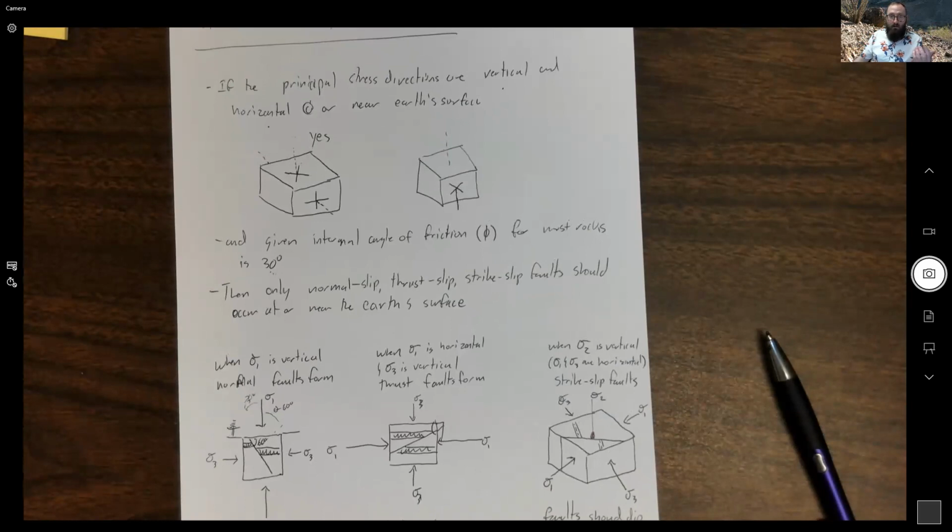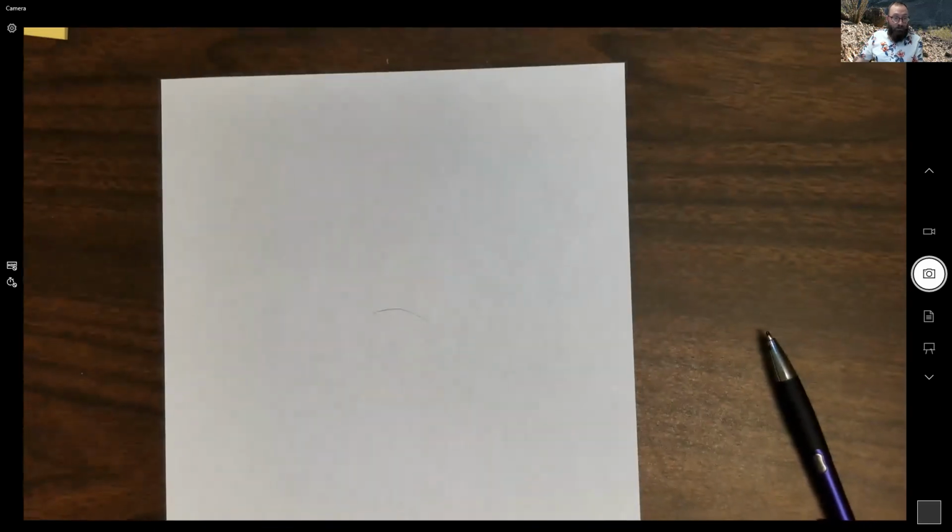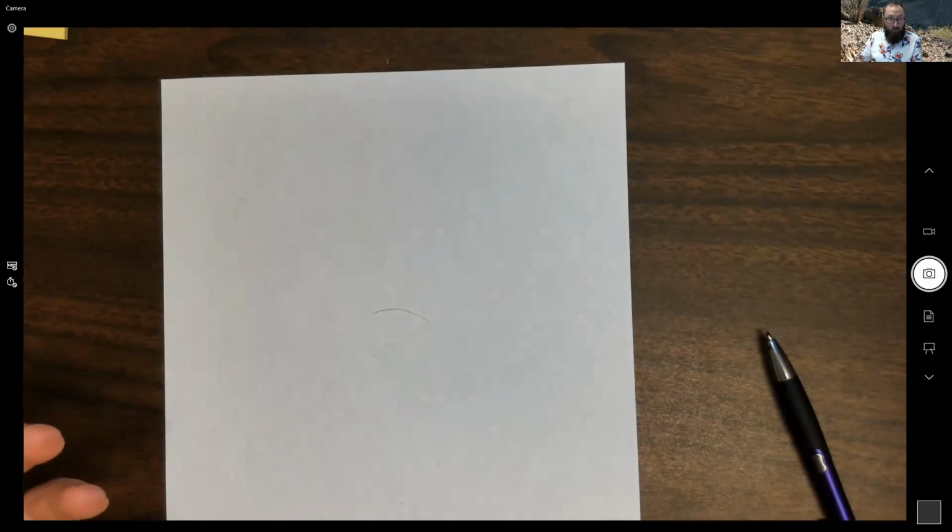Which again, I have to emphasize here that these experiments and perfect Coulomb behavior, and development of the Coulomb failure envelope, that's based on deforming intact rock that is homogeneous. In other words, it doesn't have any fractures or faults or anisotropies or foliation or anything like that. And would you be surprised to learn then that these natural deformation, or that deformation in the natural realm, often departs from predictions of these experiments, from ideal Coulomb